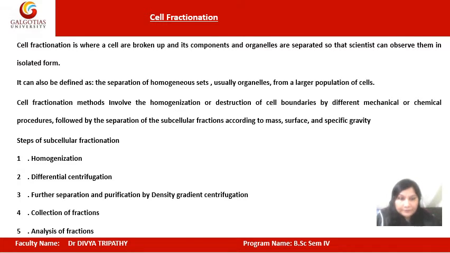We all know, till now, what differential centrifugation is. It is a separation of cell organelles on the basis of their different sizes, and density gradient centrifugation involves the separation of cell organelles on the basis of their different densities but of the same size. See, homogenization is a step in which we have to make a homogeneous mixture of our cell organelles, a mixture in which we cannot differentiate whether it is cell debris or mitochondria. We will get the homogeneous mixture of our cell samples.